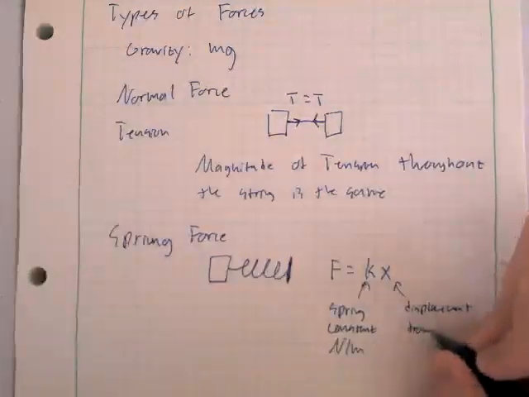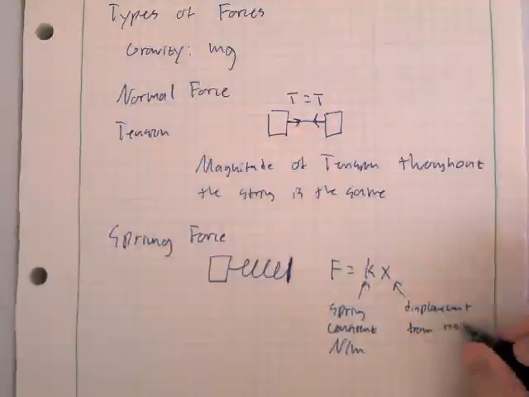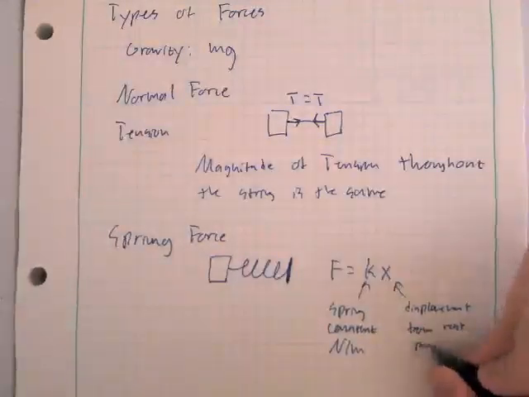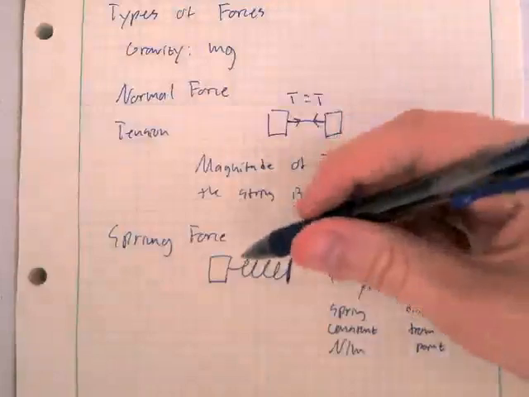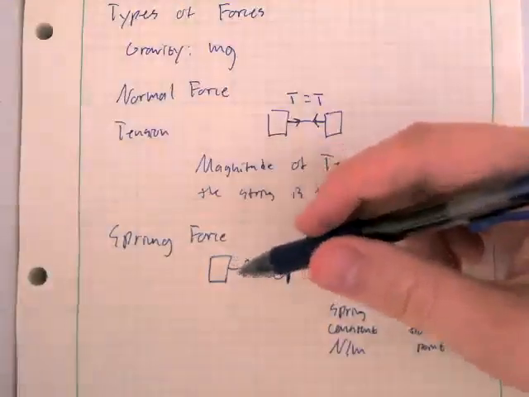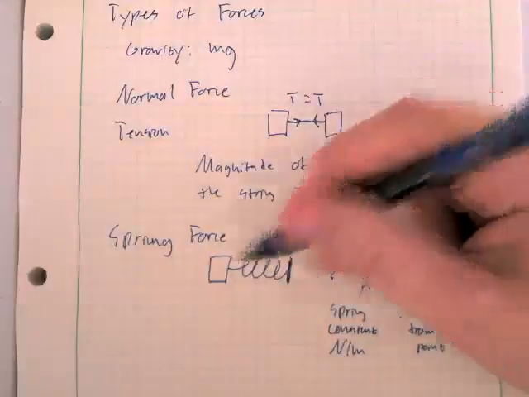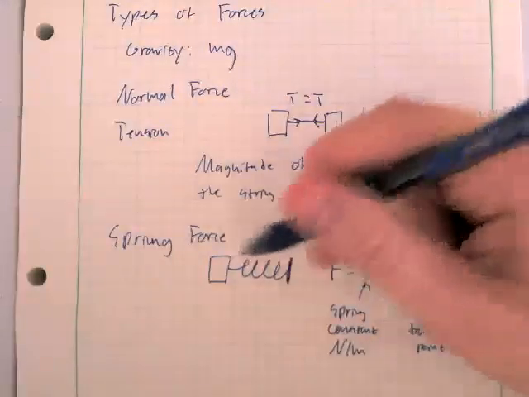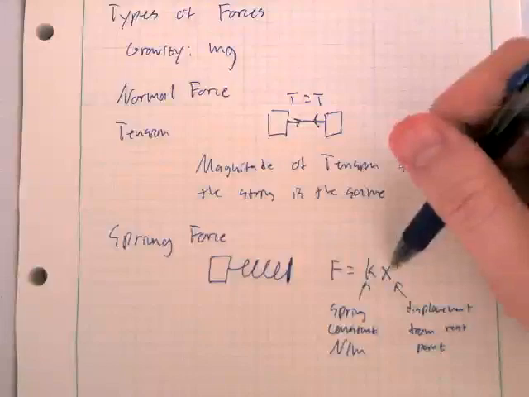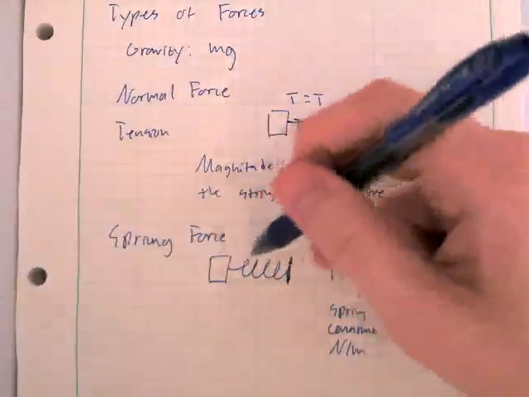Displacement from rest point. So right here, if I just have this spring at its rest length, the spring is applying no force on this block. If I push this block in, the spring starts to push back, but the further I push it, right, the more this x increases,